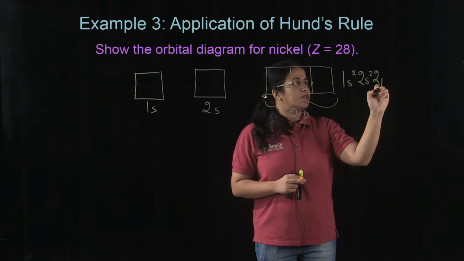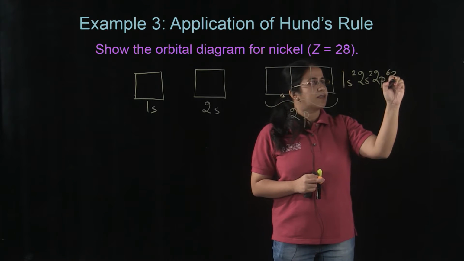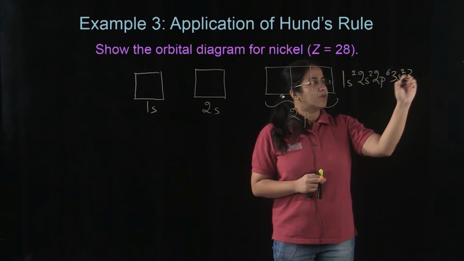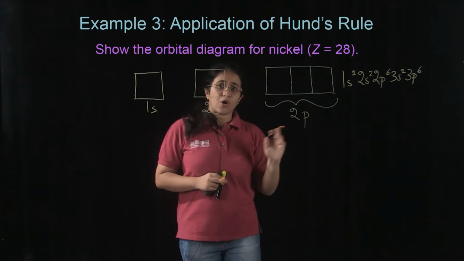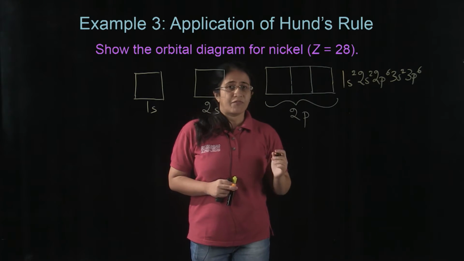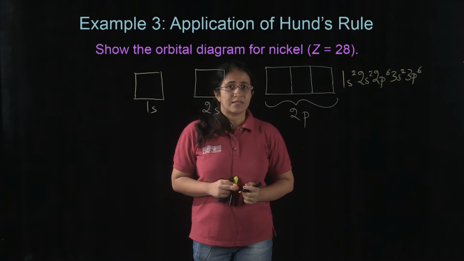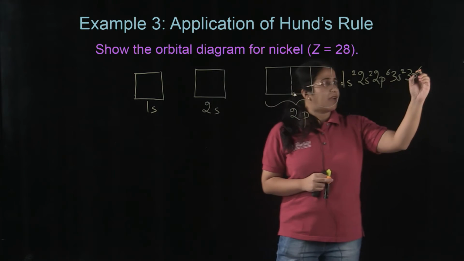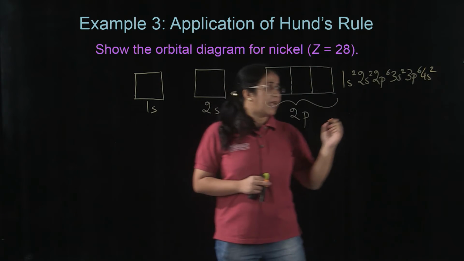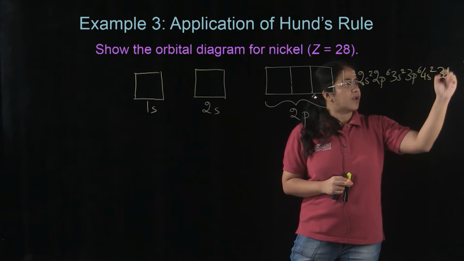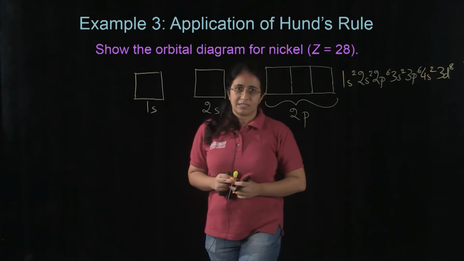2s2, 2p6, 3s2, 3p6. Now remember, before the electrons occupy the 3d orbital, they first occupy the 4s subshell. So you will be having 2 electrons occupying the 4s orbital, and the remaining 8 electrons will occupy the d